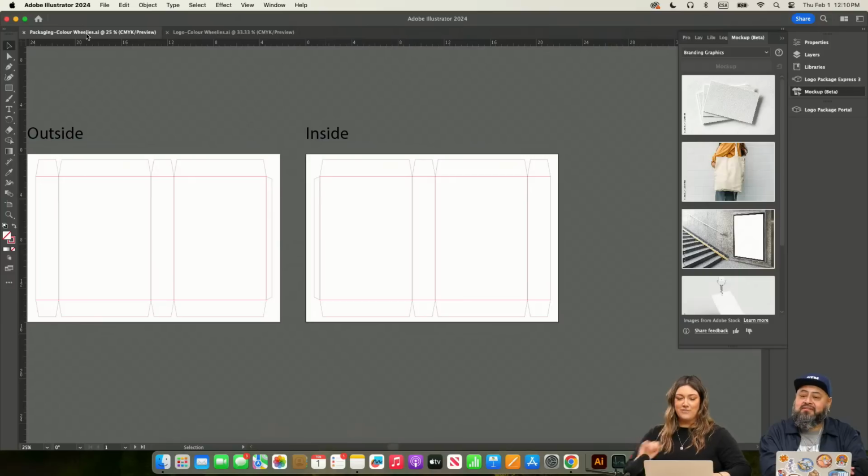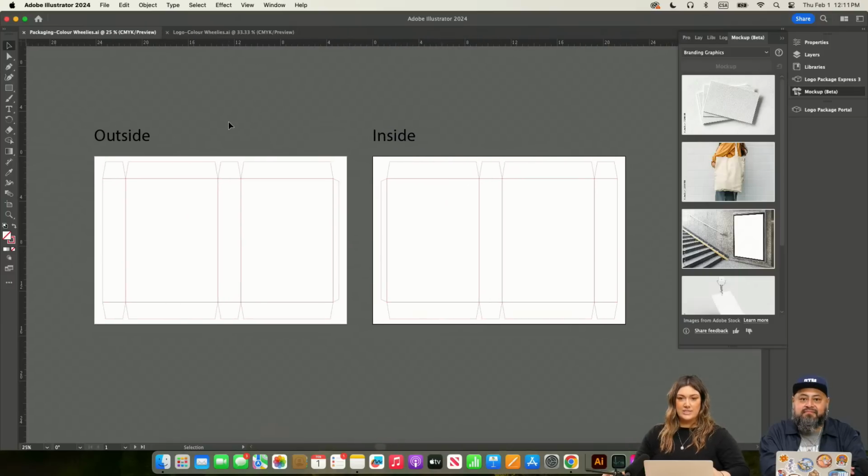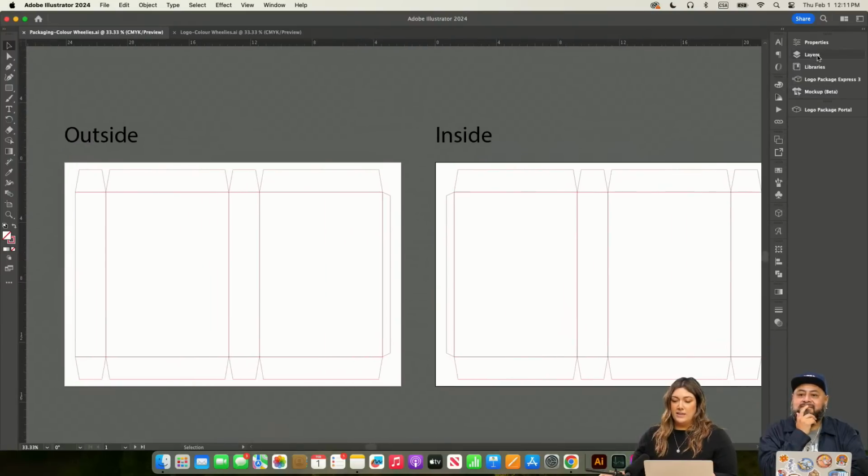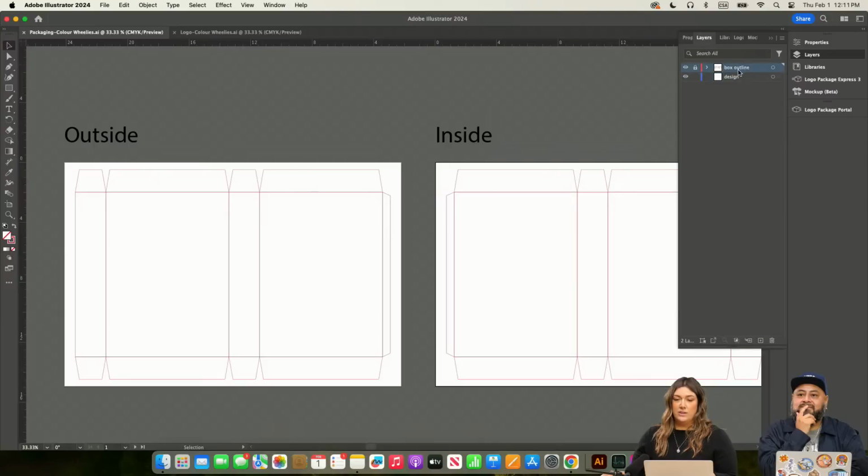So here I have already made just the outline of the box. In order to do this, I just bought myself a cereal, not as fun as Color Wheelies, and opened it up and then measured everything and recreated the die cut of the box, right here. So in order to make sure that I don't lose my lines as I'm designing, I made the outline on